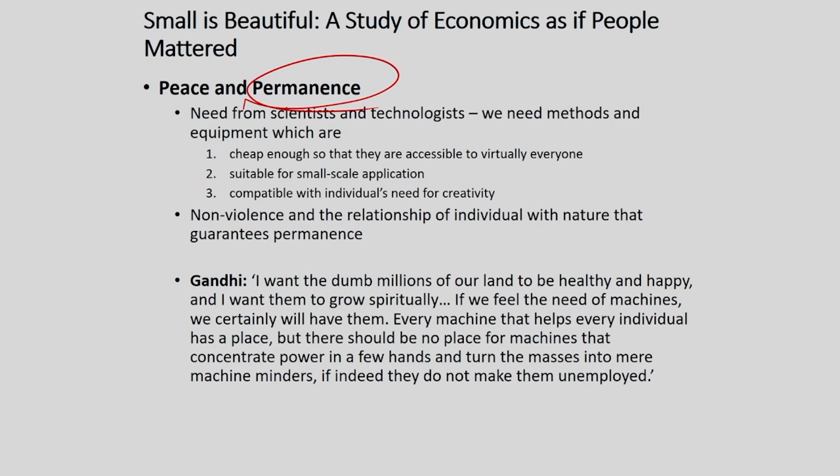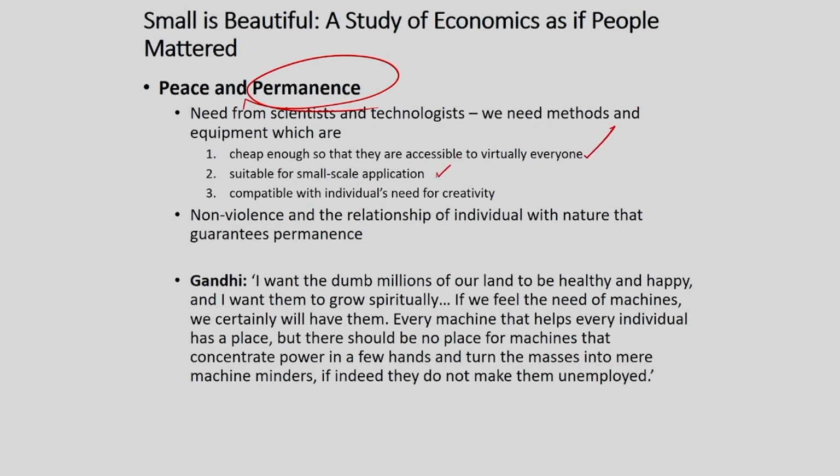Peace, as has often been said, is indivisible. How then could peace be built on a foundation of reckless science and violent technology? We must look for a revolution in technology to give us inventions and machines which reverse the destruction trends now threatening us all. What is it that we really need from the scientists and technologists? Schumacher answered this way, that perhaps we need methods and equipment which are cheap enough so that they are accessible to virtually everyone,